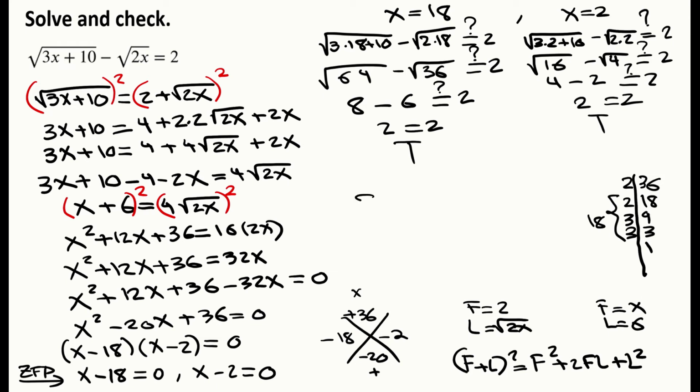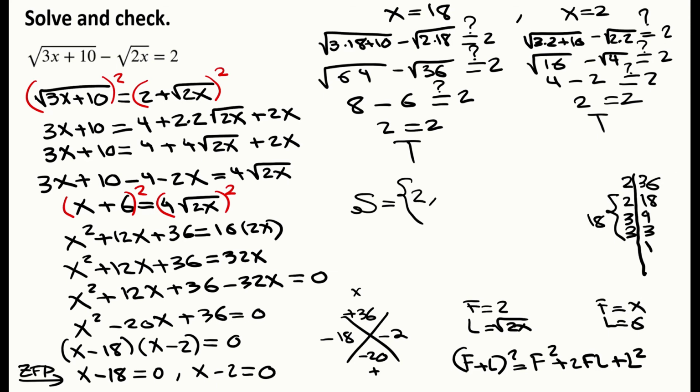So now we can write our solution set containing 18 and 2. So again, the order doesn't matter, but I usually like to write them in ascending order just for reasons of simplicity, and so that all our answers look the same if we agree to all do that. Okay, so